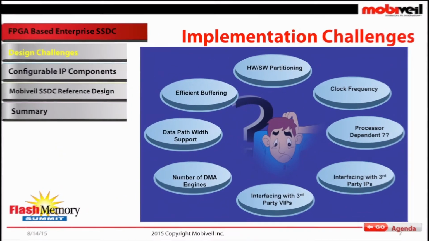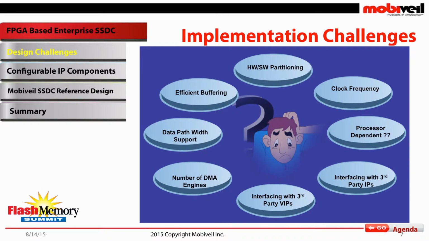And of course, you want it to be as processor independent as possible, and architecturally you should be able to port it to a particular device which may or may not even be using ARM. This is a challenge: you want to keep processor independence in your overall reference design. And because you are moving across FPGA families, you want to make sure that some of the files already there in the device, you are able to use and interoperate with them, and you are able to pass the compliance and certification requirements. Your design will use third-party IPs and third-party VIPs for the SSD controller design to be verified, and it should be independent so that you can pick and choose whichever is best for you.